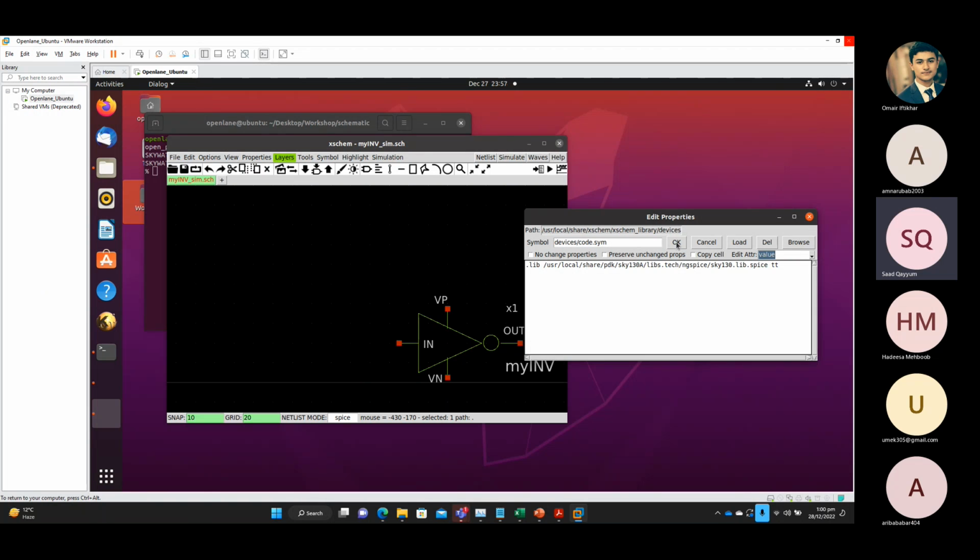So we did two things. We inserted a symbol, we provided the library definition. Next is to